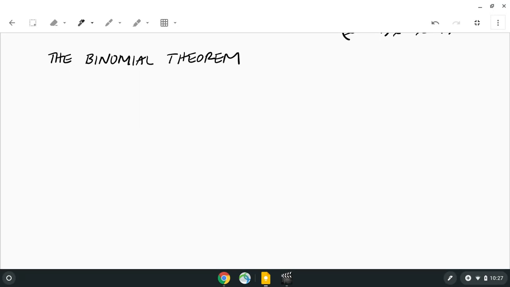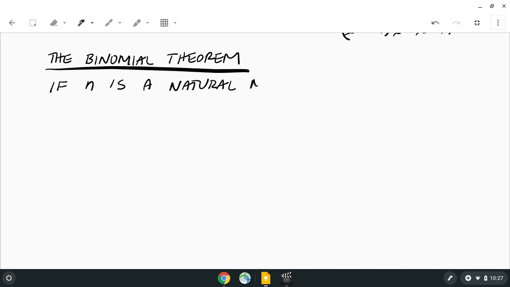This is just, I don't know, maybe a more sophisticated way of doing it. Okay, so if n is a natural number, natural numbers are 1, 2, 3, 4, 5, 6, 7, 8, 9, 10, etc. Then